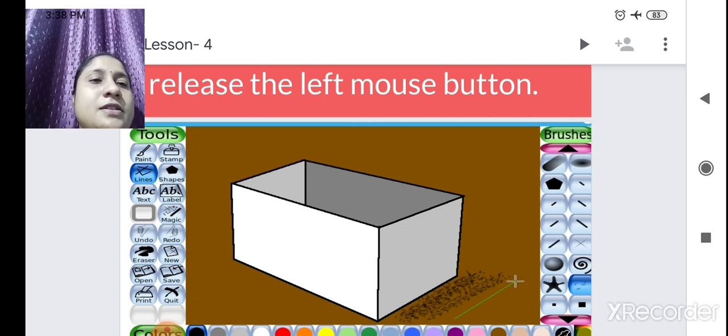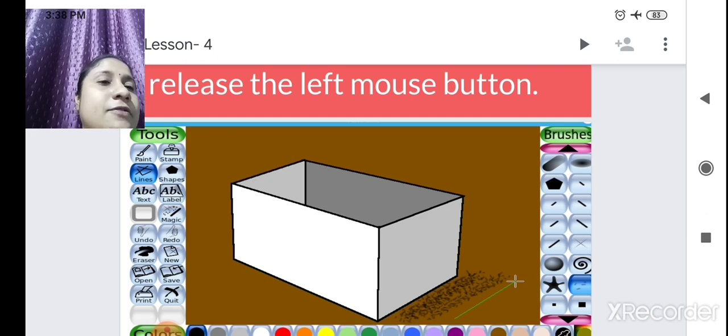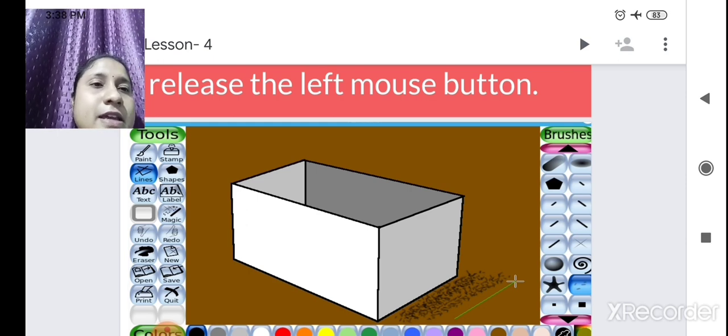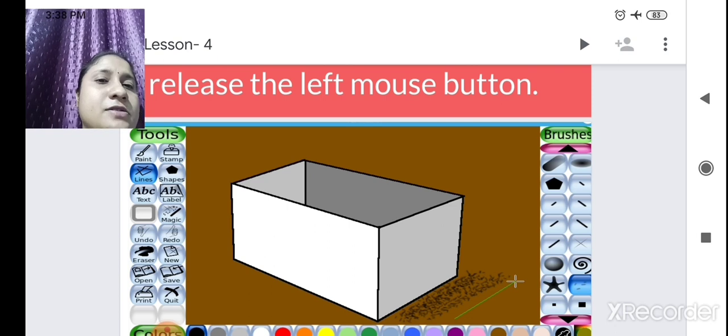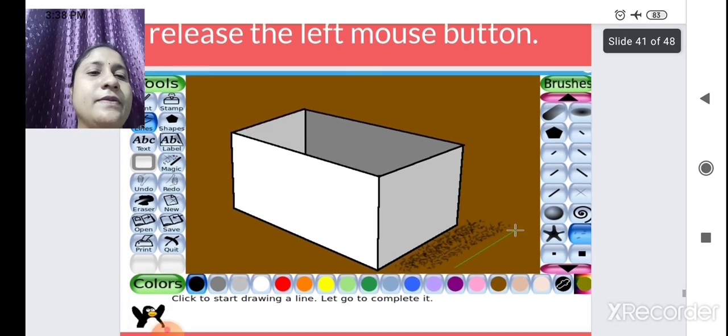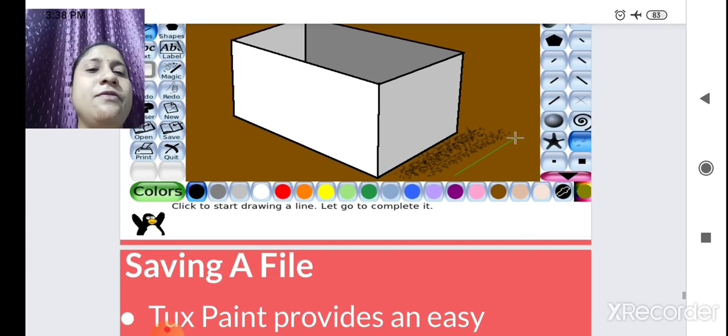Can you see this? In the brushes subtool there are different lines given, small, thick. Whatever size you want, thick or thin, you can adjust through this brush.